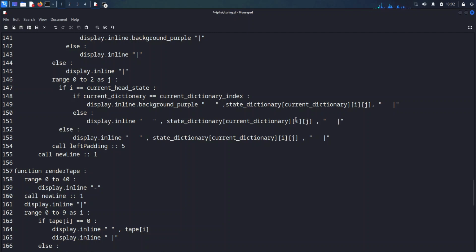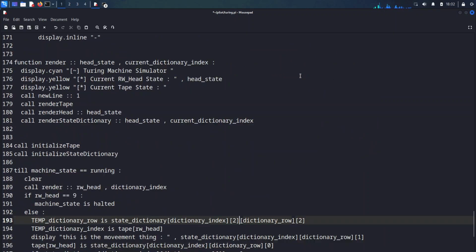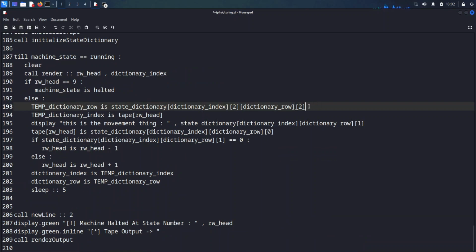I hope this is not changed because of that, but let's do that. So we have 1 over here, we have 0 over here, we have again 1 over here, 3 and